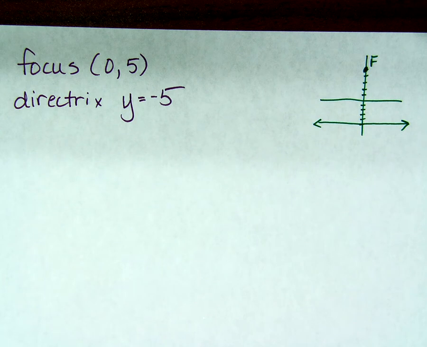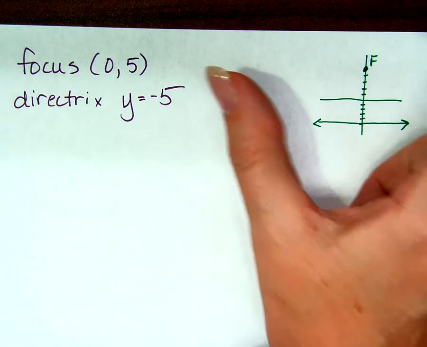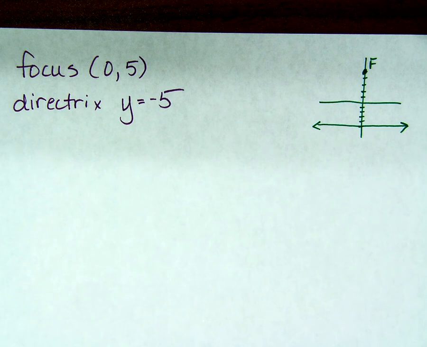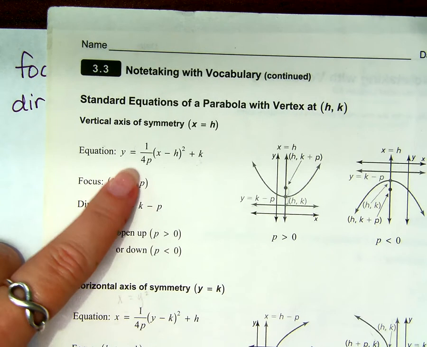How do you know that it opens up? The directrix is below, like outside, and the focus is inside. So the only parabola that I can draw that's going to surround this focus is going to open up, like that. Okay? Well, if it opens up, I know that I'm using this formula